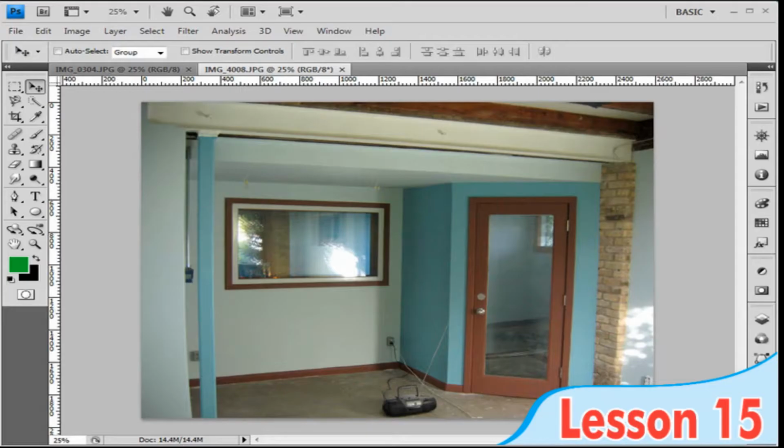In this chapter, I'm going to show you the most commonly used techniques for basic photo correction. That means if you scanned in a photo or if you took a photo, I'm going to show you the most common edits that people do in order to make your image better and ready to print. So right now we're going to start off with just cropping, and this is an image that I took of